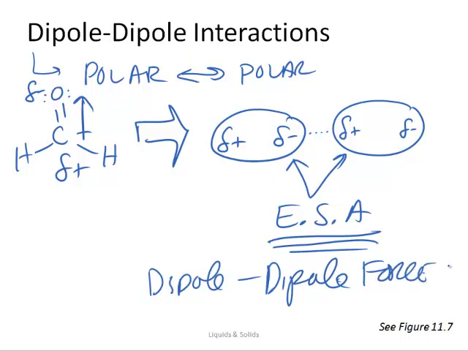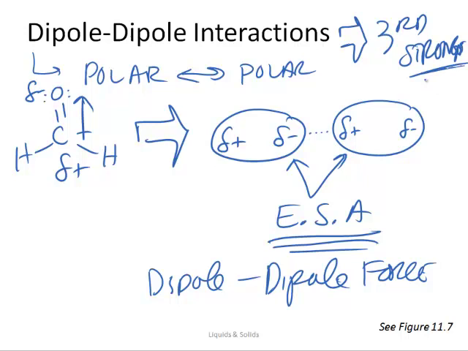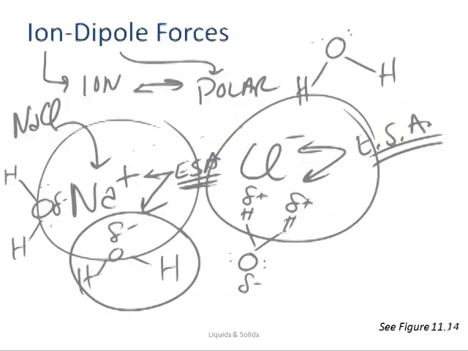Okay, it turns out that we're going to talk about the 4 intermolecular forces. Dipole-dipole interactions happens to be the 3rd strongest, if everything else is equal, 3rd strongest intermolecular force. The first strongest intermolecular force was ion-dipole